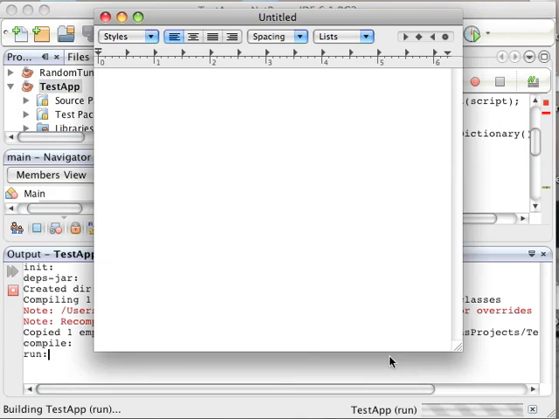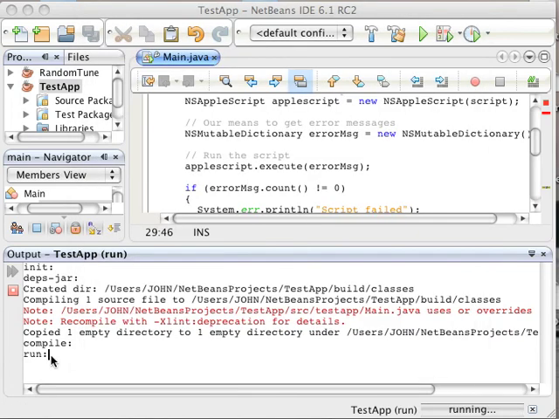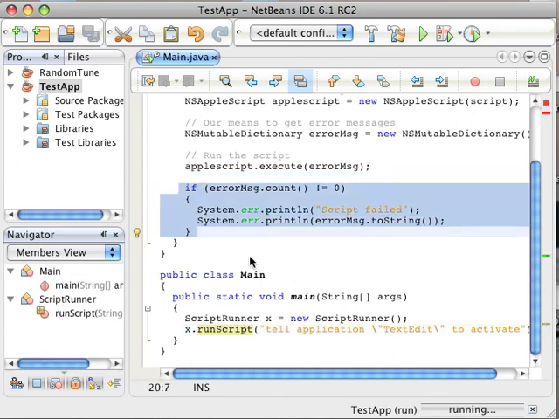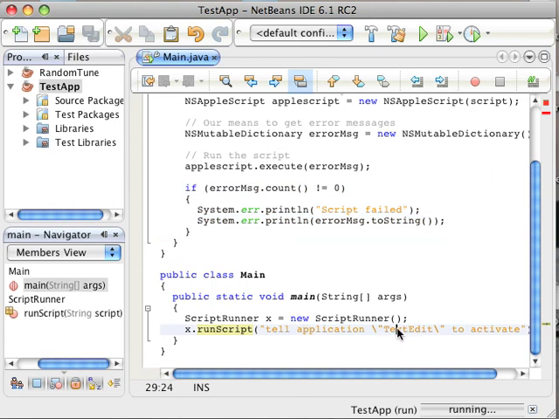Click OK. And sure enough, there it is. There's our TextEdit window that appears. If I go ahead and close that down, you'll notice that we didn't get any error message information back, so everything must be working just as advertised. Just to make sure that our error message works, in other words, this block of code right here is working as we expect it to,